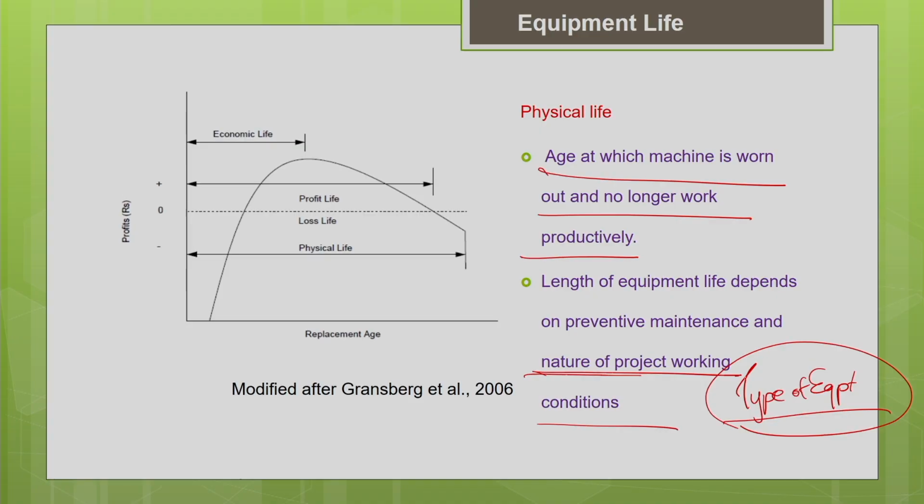So, the nature of the project conditions is going to decide the length of the equipment life. Another important thing you need to know is preventive maintenance, the care you show towards your machine. If you put some effort into the preventive maintenance of the machine, then your machine will last for a longer time. The small amount of effort we spend on preventive maintenance will save you from the major breakdown of the machine, and it will save you from the major repair and maintenance cost or major equipment cost.